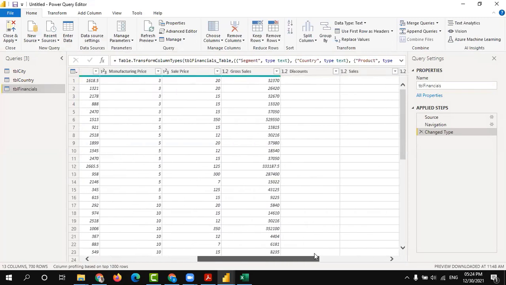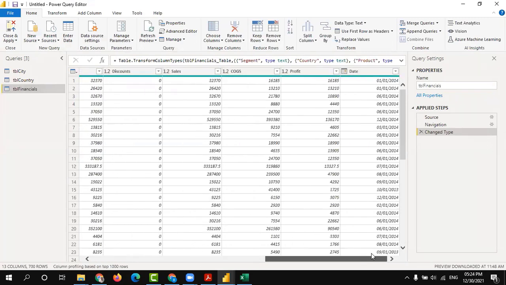So I don't have any issue with my data. I have already formatted it very nicely. The only thing is I need to add another 3 columns: month number, month name, and year. How do we extract from this date field the month number, month name, and the year fields?